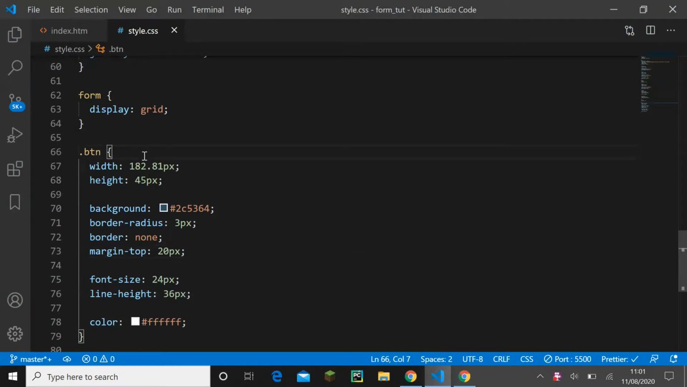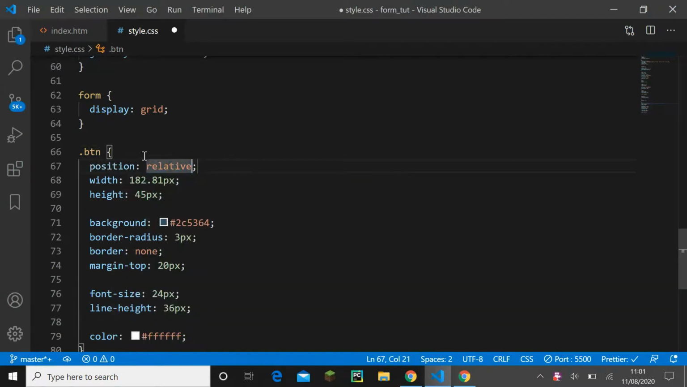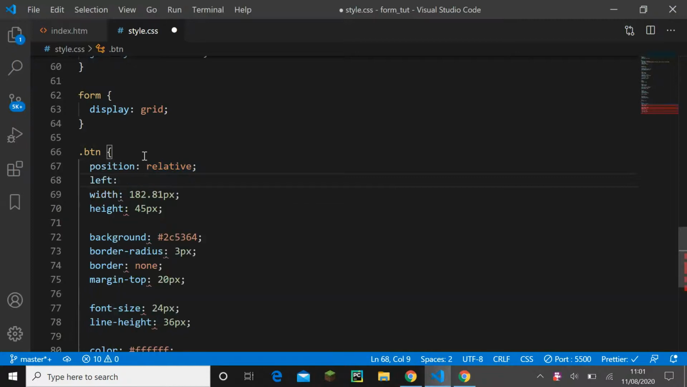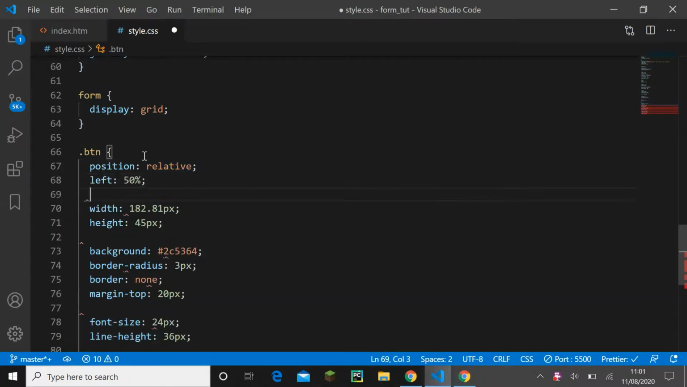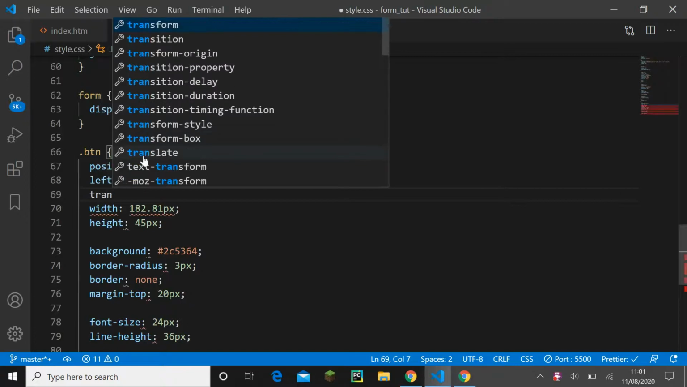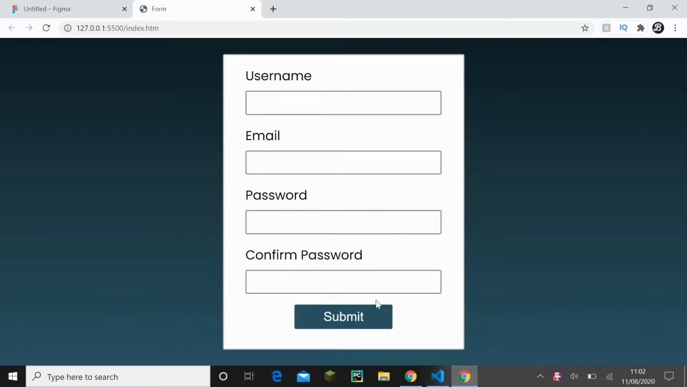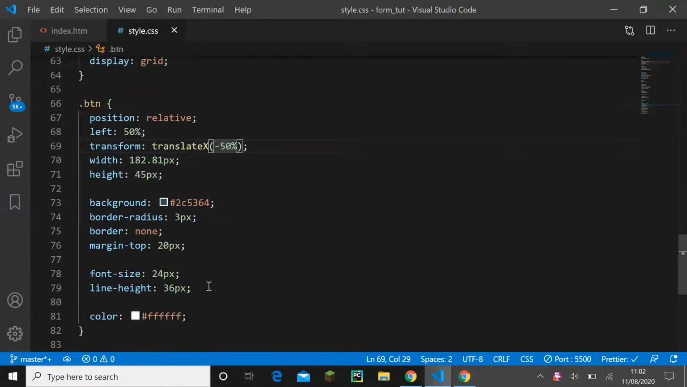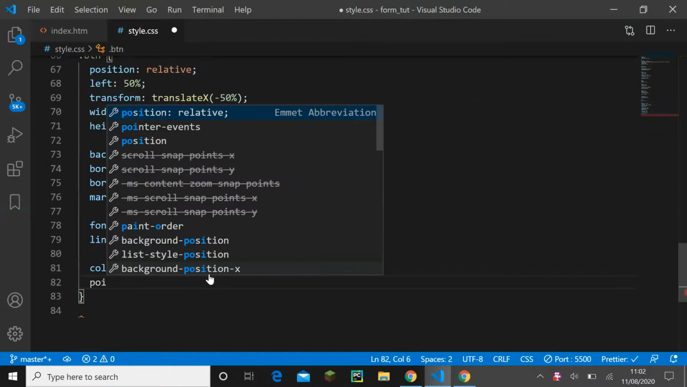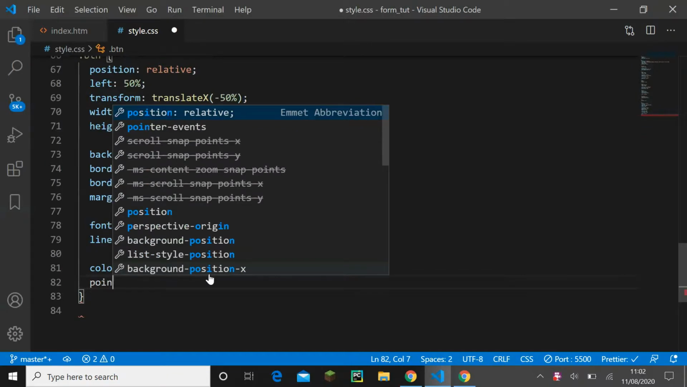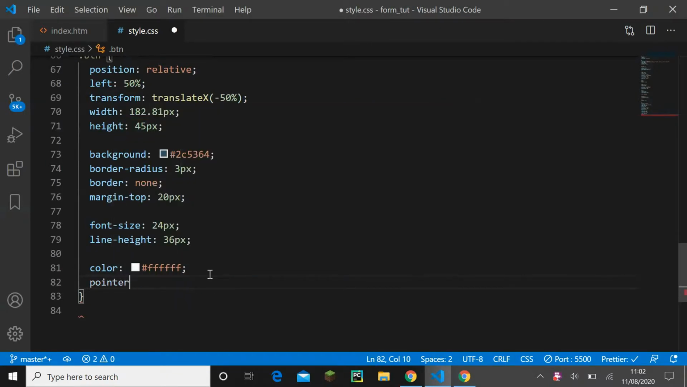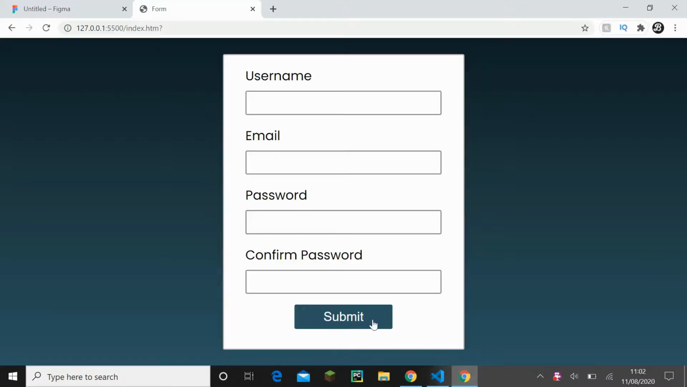What we could do is just do position relative, and as I showed you last time, we're going to do left 50% and transform translate x, and it'll be minus 50%, and it will be centered automatically for us. And we're going to point a cursor, so whenever we point on top of it, cursor pointer, so it's cursor pointer. And so whenever we put our cursor on top of it,